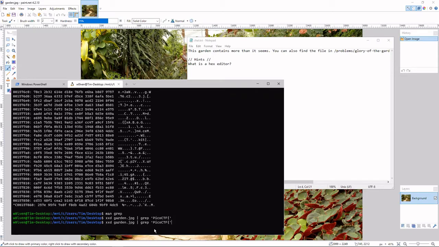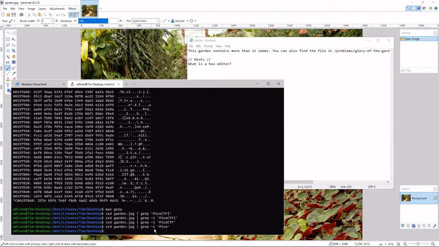Nope. I think I'm missing something. Do -i if you're piping input. Yes, we are. Maybe try just pico, because you'll notice that the characters are broken up from the xxd output. I think Pico's flag format has a lowercase p and